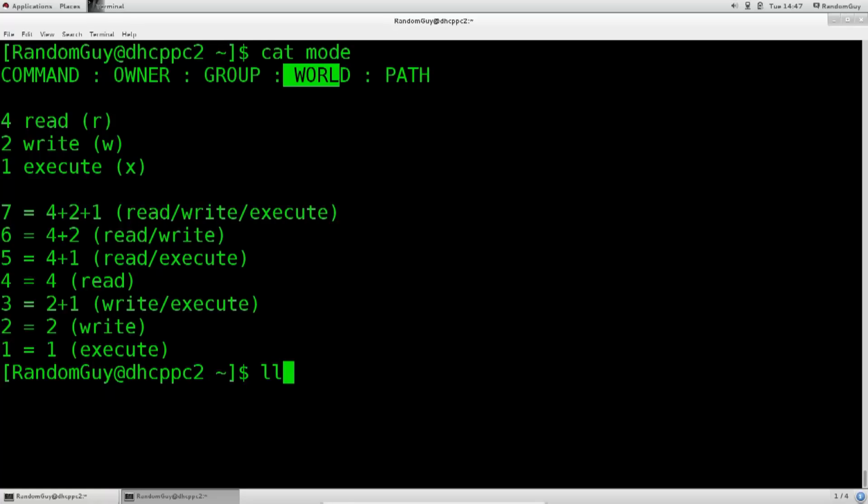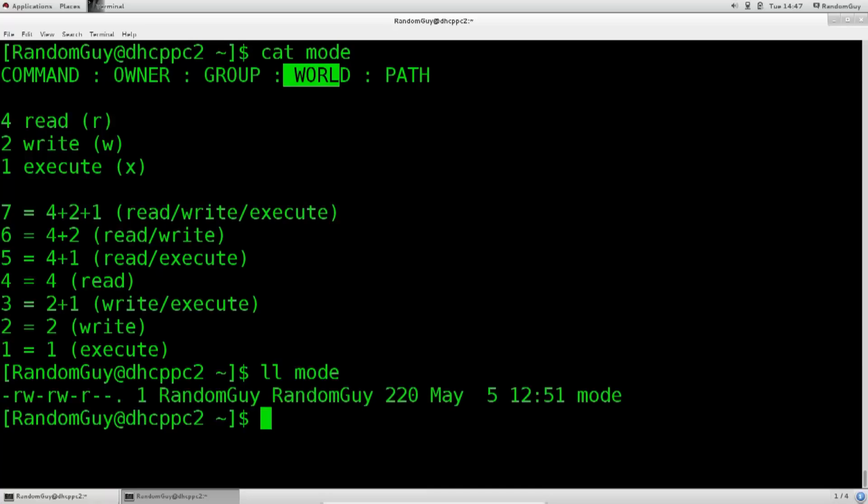So let's go ls mode. There we go. So down below you see that the first spot signifies what it is. Is it a directory, or is it a file? Is it a link? That I've already explained. Next three fields